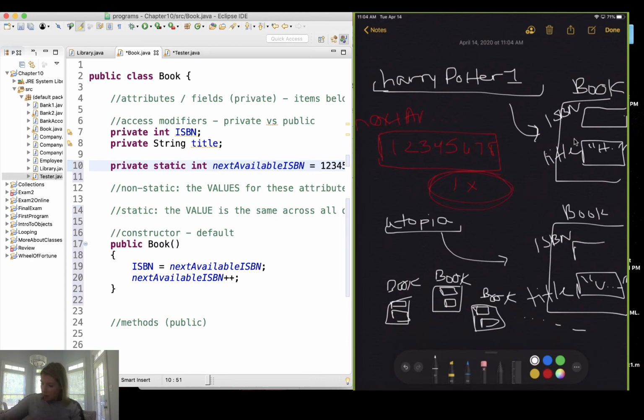Here's my box. When Harry Potter is created in memory, I'm going to assign whatever the value is in next available ISBN number, this value right here, into its attribute ISBN number. So over here, I'm going to copy over this value, 1, 2, 3, 4, 5, 6, 7, 8. The important thing here is that it ends in the 8. Then I'm going to increment this next available ISBN number. So you're going to see me erase this 8, increment it